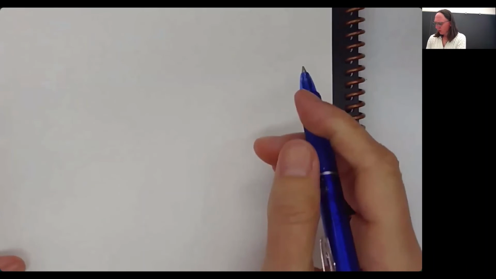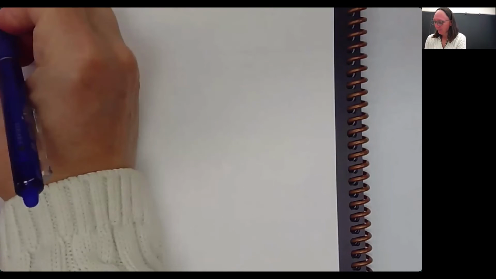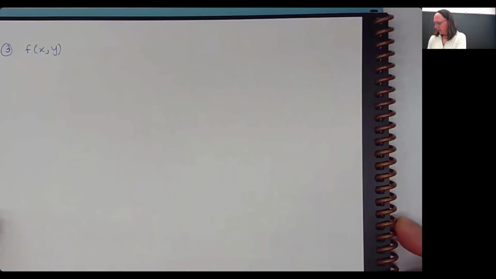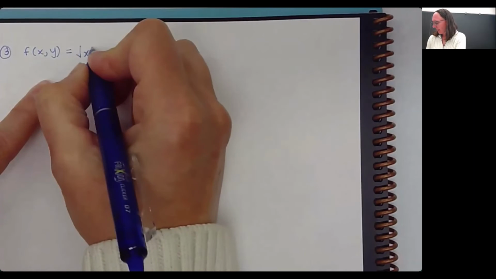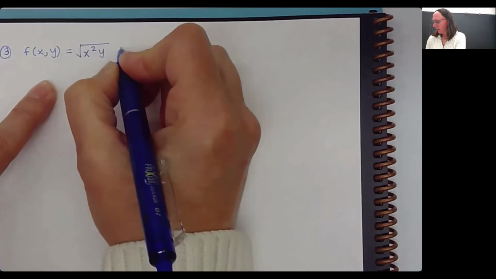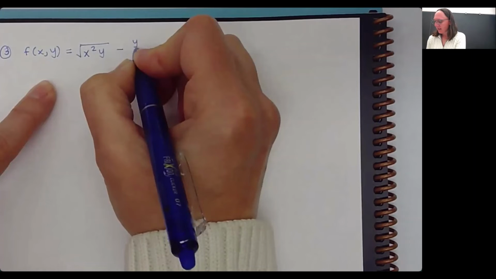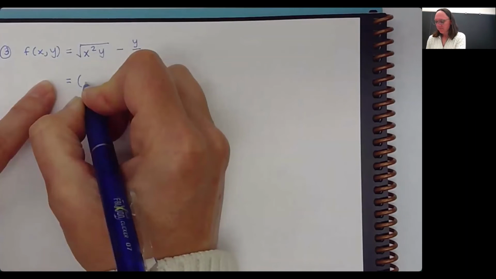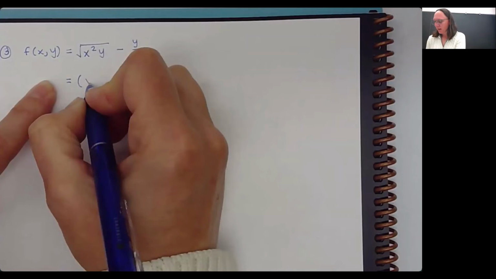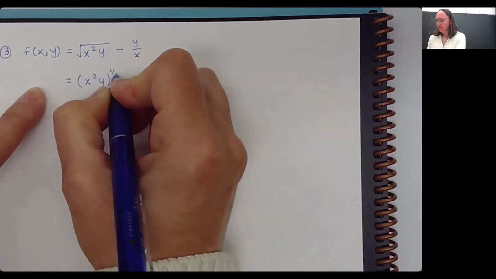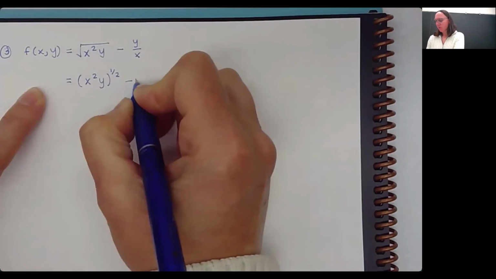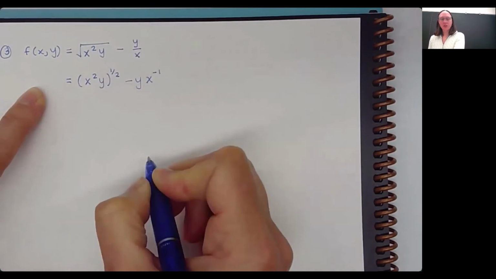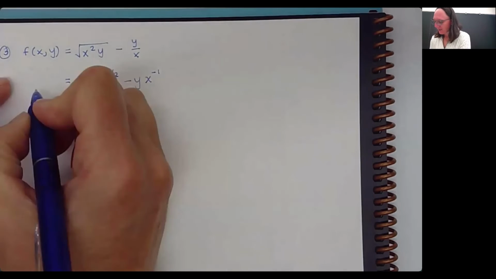Next one is a little bit gross. So I've got our f of x and y, and I'm going to go ahead and just rewrite this. It's starting out as x squared y minus y over x. I'm going to write that as x squared y to the 1/2. Did you do this as a quotient rule? Or I would rewrite that as y x to the -1. Yeah. Okay, great. So if that's what I do,